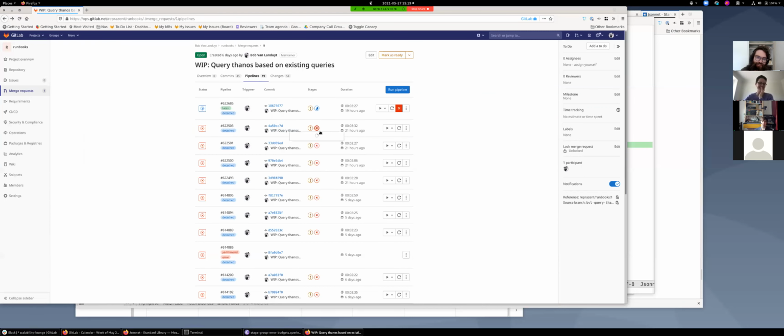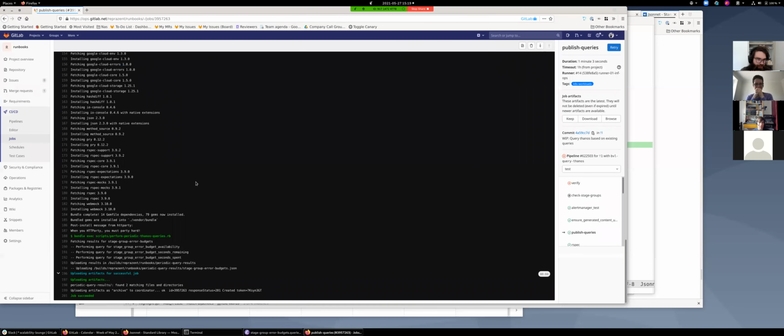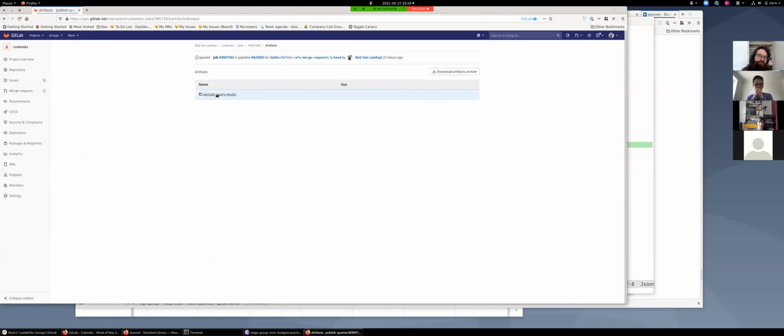I think I have one here that's completed, yeah. So yeah, we get the queries that are executed per file. Here it's 3 queries, and then it uploads that result into a JSON thing, and the result looks like